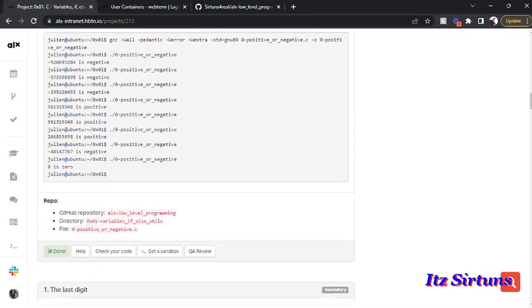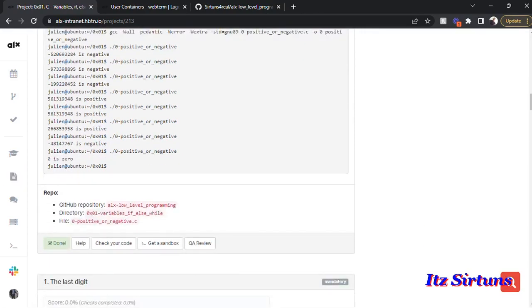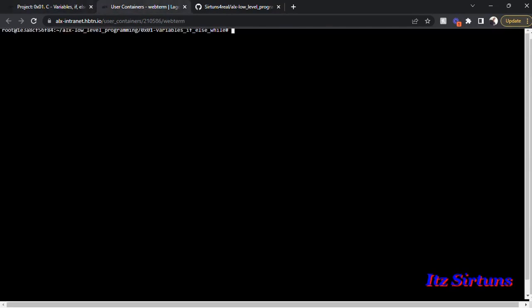Alright, to work on this task quickly, all I need to do once again is to get my sandbox. So if I launch my sandbox, okay, so here I have my sandbox launched already. Let me take us back to the root directory quickly. Alright, so from the root directory,